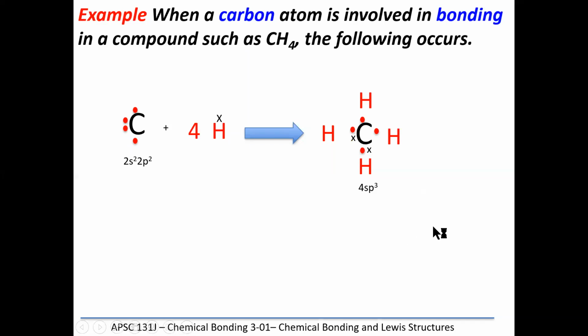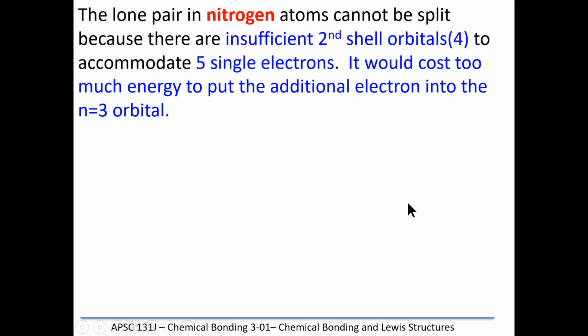So we can show the electron pairs, and the X's simply can be designated as coming from a different atom. The carbon atoms could be visualized here with the red dots, and the hydrogen atoms' electrons with the X's. Now, the lone pair of electrons in nitrogen can be split as well